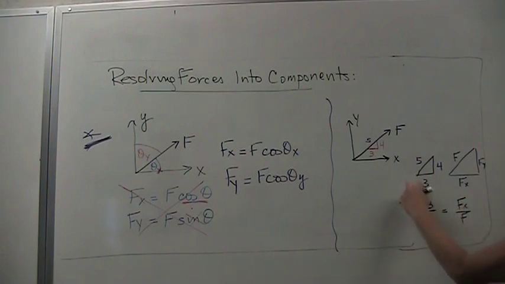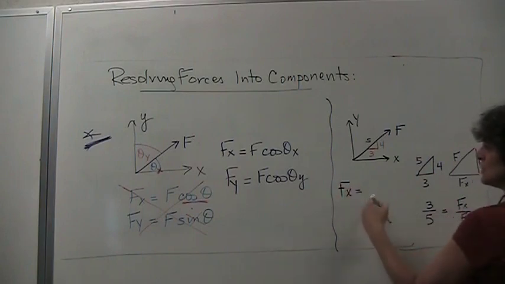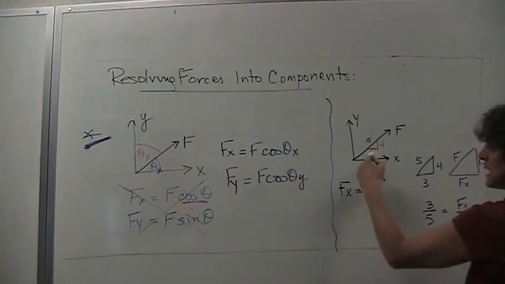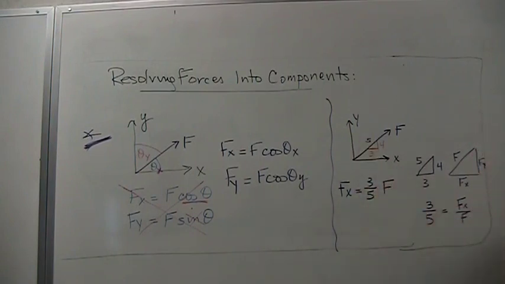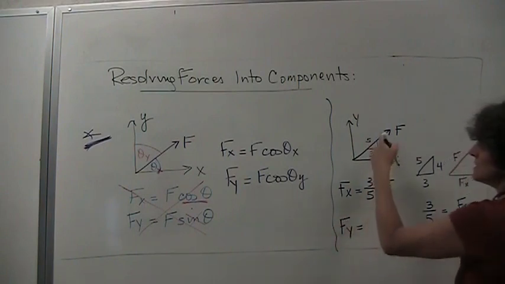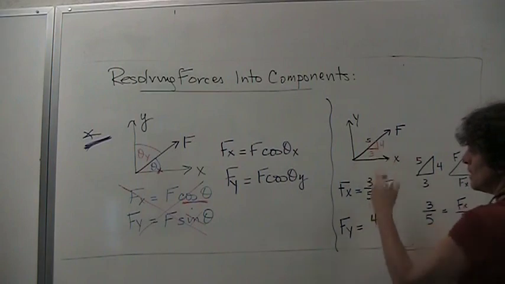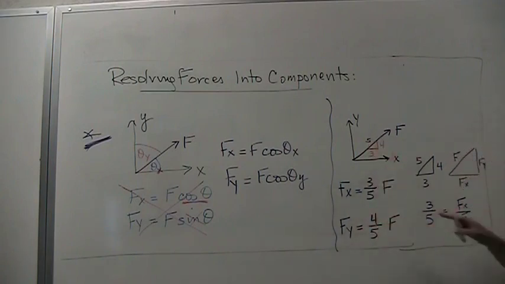3 is in the X direction, 5 is the hypotenuse, so the ratio is equal to Fx over F. So in the end, we could say Fx is equal to 3, the distance in the X, over the hypotenuse, times the force. And then you can do the same thing with Fy. Fy is the distance in the Y, which is 4, over the hypotenuse times F. And this is going to give you a more exact value for Fx and Fy than